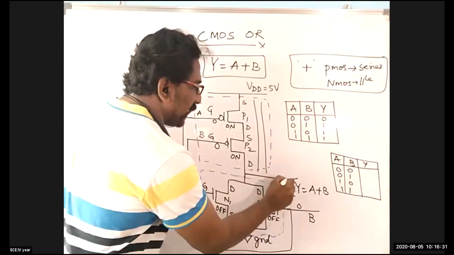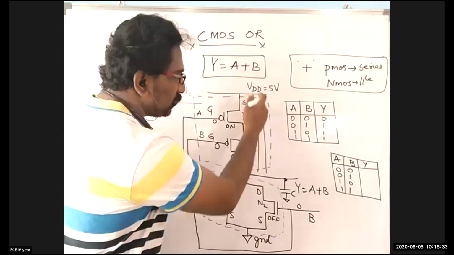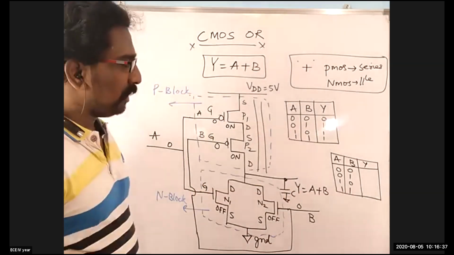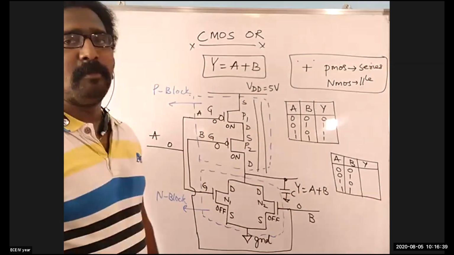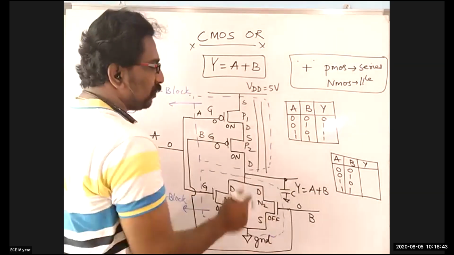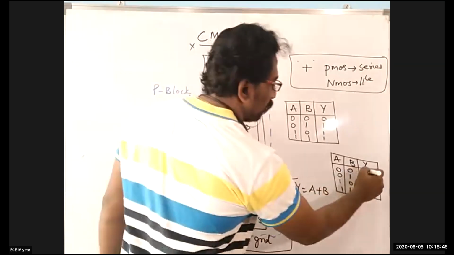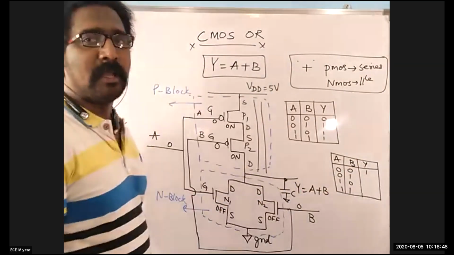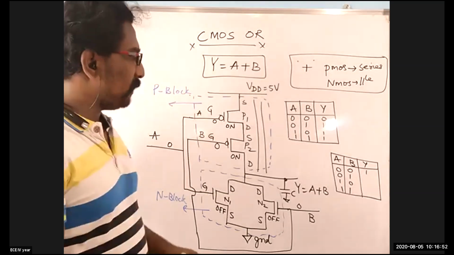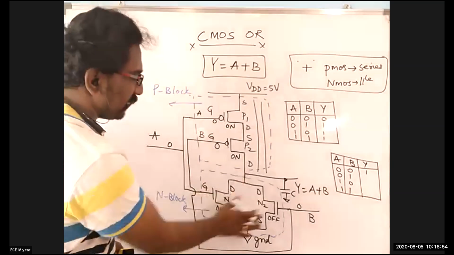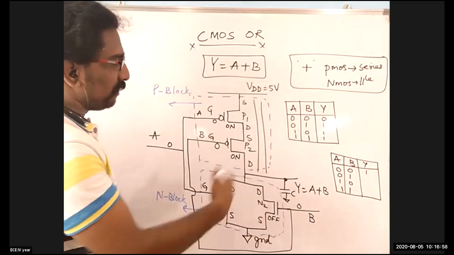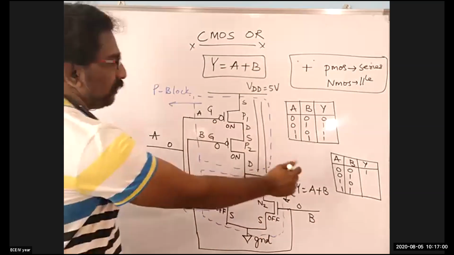And whenever the charge moves from here to this output, the capacitor C, that's the output passive element, will be fully charged. Whenever the capacitor is fully charged, we say that the output obtained here is equal to 1. If a capacitor is fully charged, we say the output obtained will be equal to 1. In a similar way, for the next state, this one is completely not operative, so forget about it. Then we'll go for the next state, that is 0 and 1.